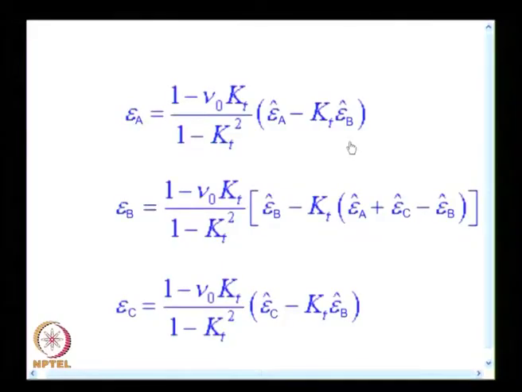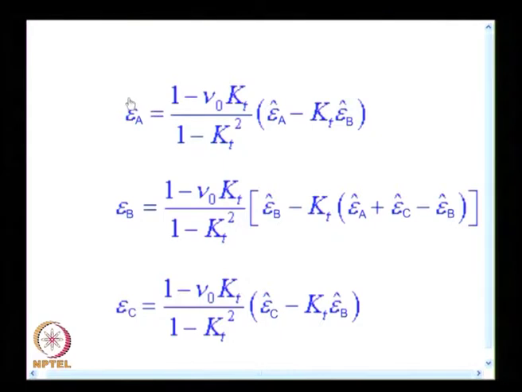Before, we looked at transverse sensitivity effects. We were directly taking this, then we used the strain transformation law and found out what the state of strain is. Now, what you are looking at is that the strain measurement in gauges A, B and C itself has to be corrected by looking into the transverse sensitivity effect. So, you are graduating from simple measurements to complex measurements, and those expressions are like this.